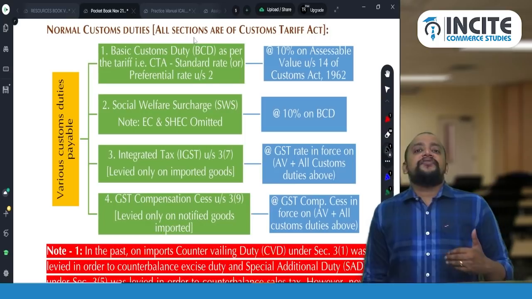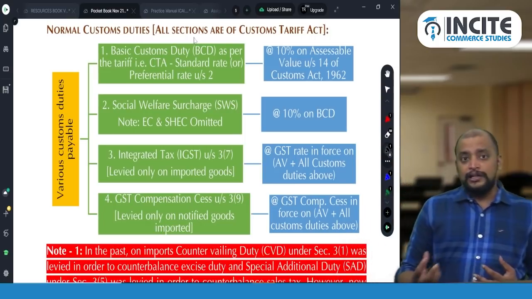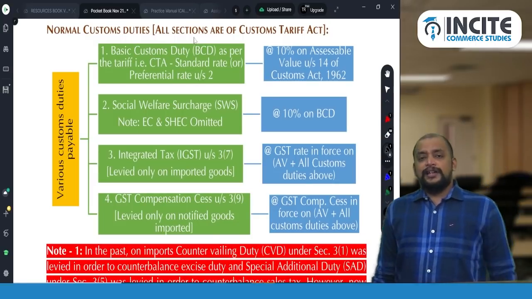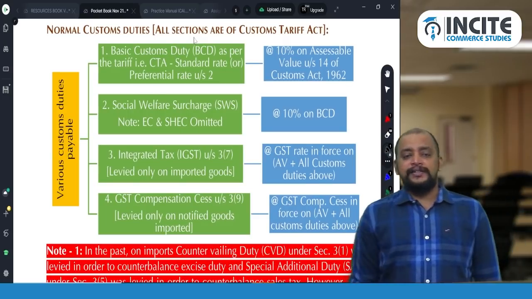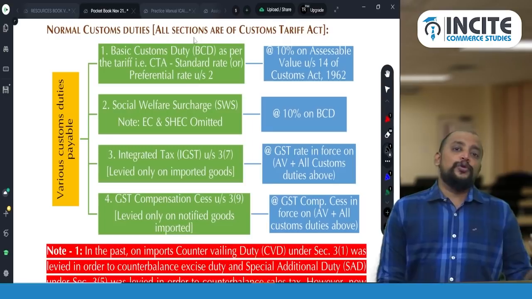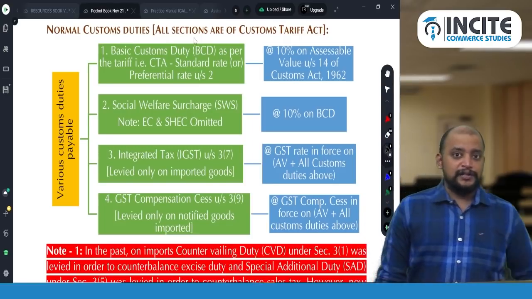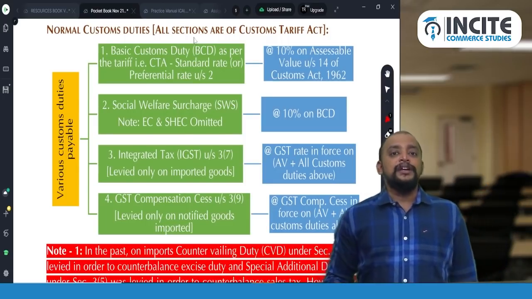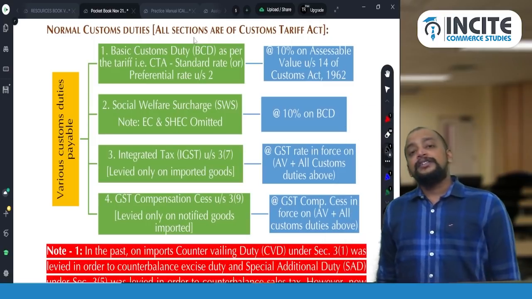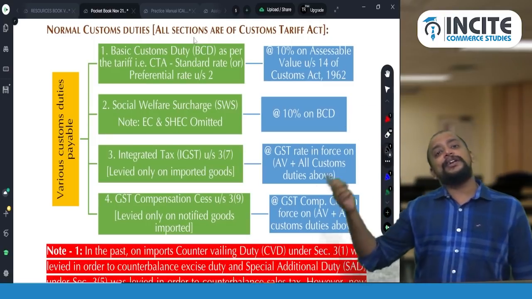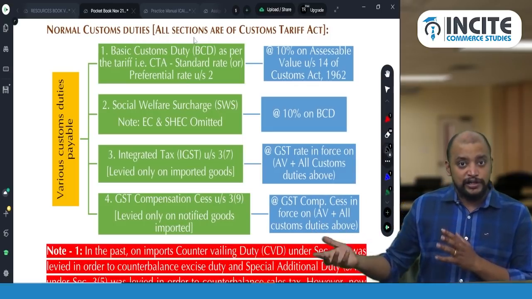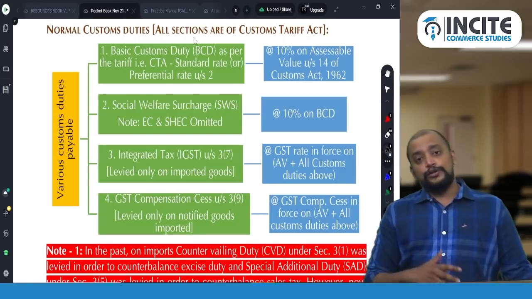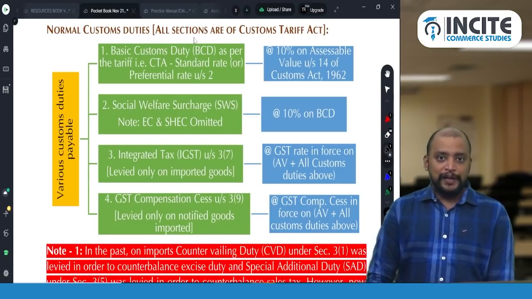Now, they can definitely ask one particular question here: suppose the basic customs duty with respect to a product is exempted, whether IGST is also exempted? No. The exemption of IGST does not depend upon the exemption with respect to basic customs duty. So exemptions under customs, when they have given, are only for the purpose of basic customs duty. For IGST you need to refer to the GST tariff. Suppose that product which is imported is exempted under GST tariff, you don't have to pay IGST on import of that. But just because it is exempted under customs, it does not mean it is also exempted under IGST. So IGST you need to pay, no doubt about it.